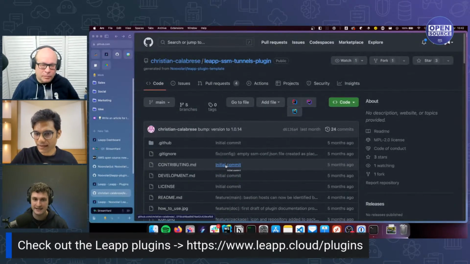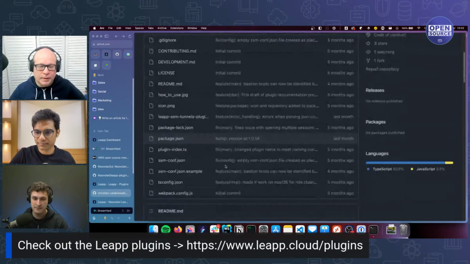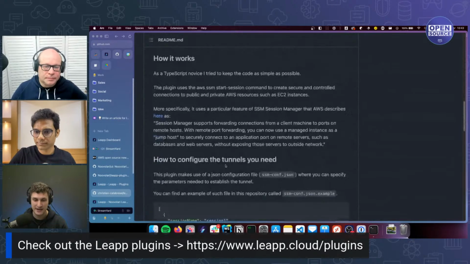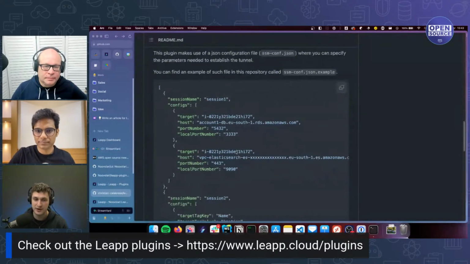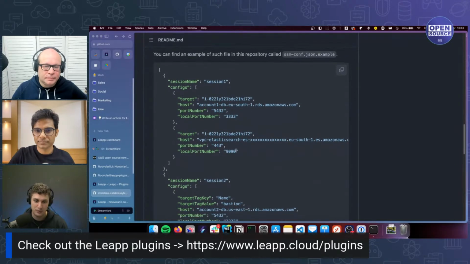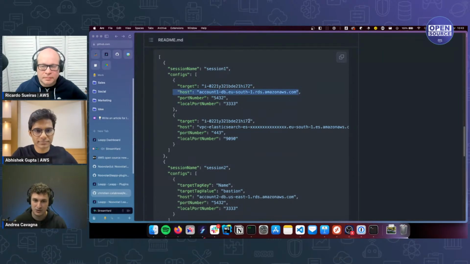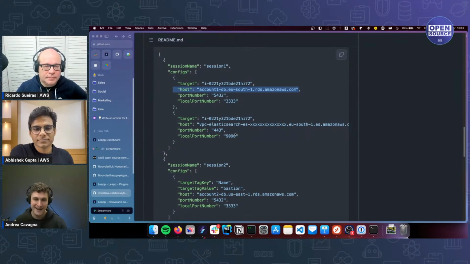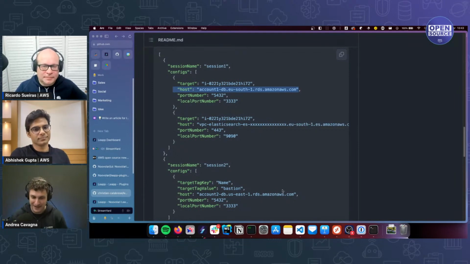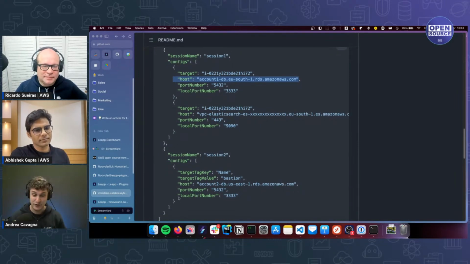And the most important part there is that the plugin has been made by a contributor, and it's on npm, and you can install it into the app with a simple configuration, with its own documentation by the contributor, and you can start working with port forwarding to databases, to connect to private databases from Leap without any VPN, or accessing a Bastion host without a VPN, even there through System Manager.